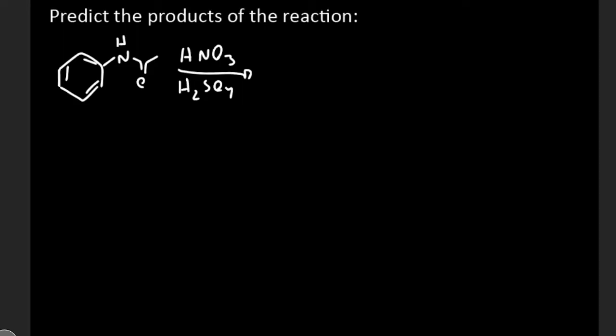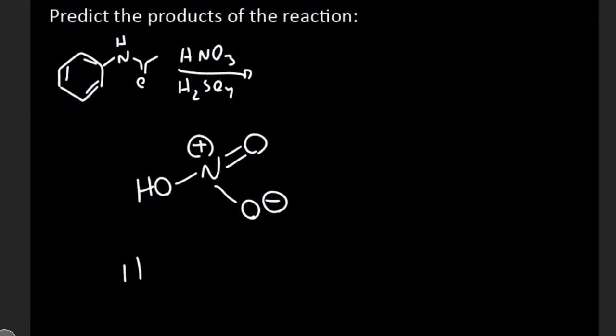All right, so this is going back to similar things, but this time doing it with electrophilic aromatic substitution. So we are doing nitration. The first step of any electrophilic aromatic substitution reaction is the formation of an electrophile. So HNO3 is going to look like this, and H2SO4 is going to be a strong acid who's going to